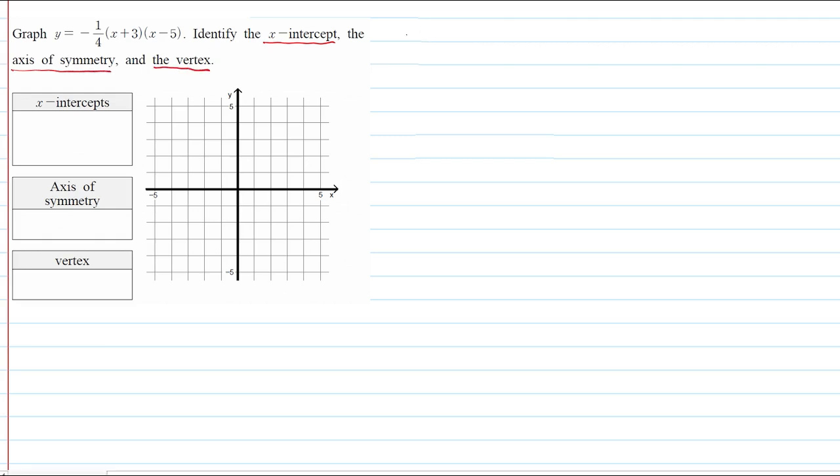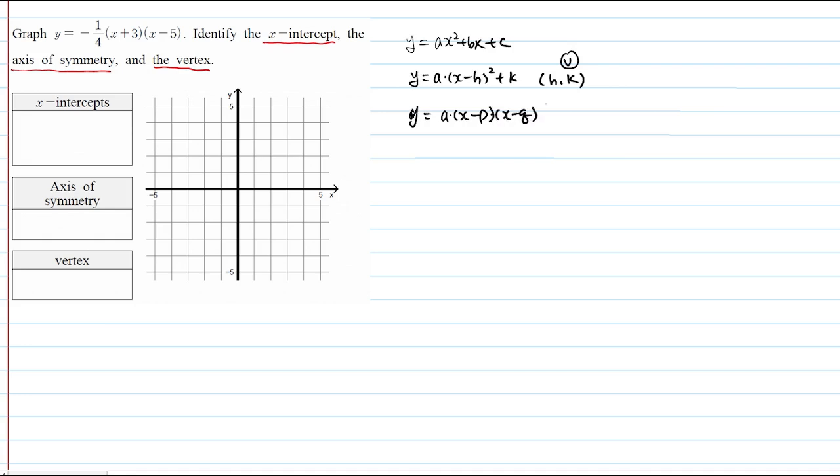So far you've learned y is ax squared plus bx plus c. That's called the standard form. y is a times (x minus h) squared plus k. That's called the vertex form. So that's your vertex. And then y is equal to a times (x minus p) times (x minus q). That's called the intercept form. So this is an intercept form